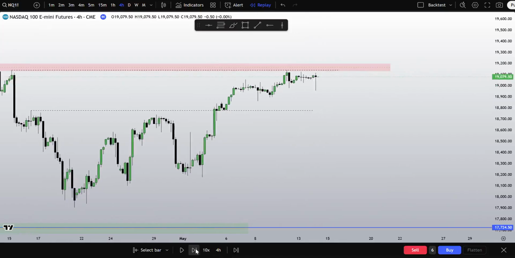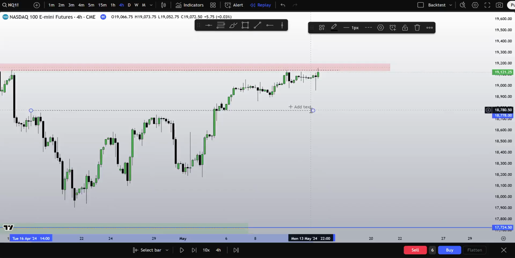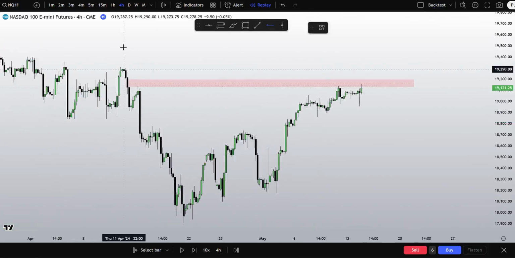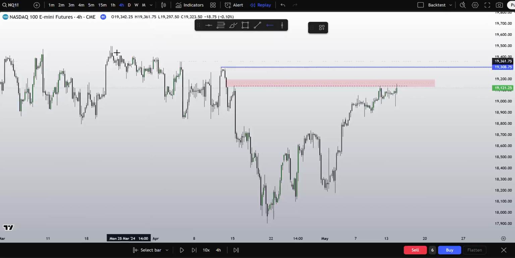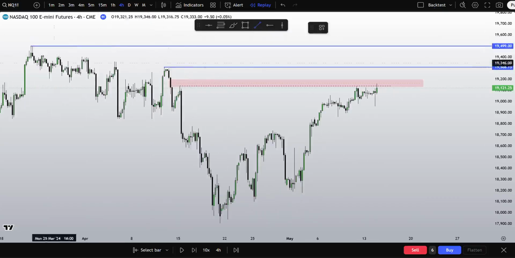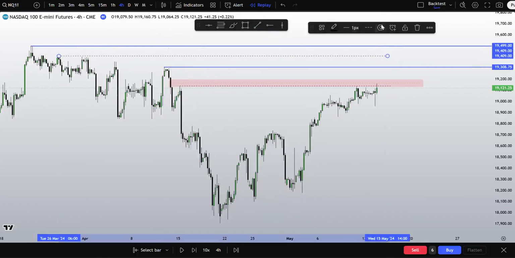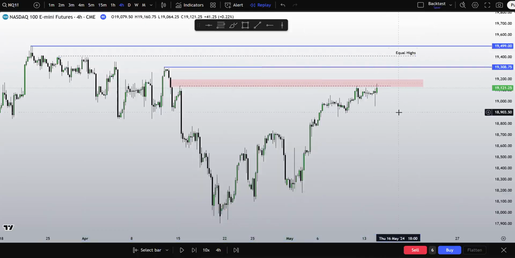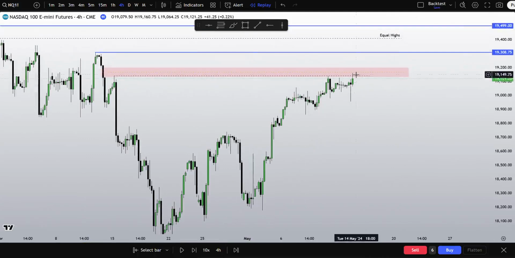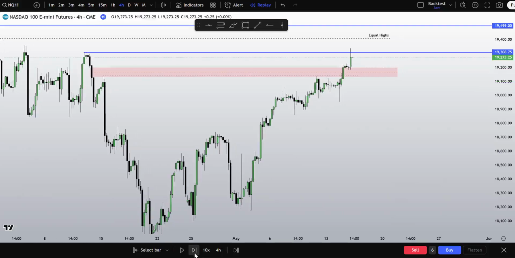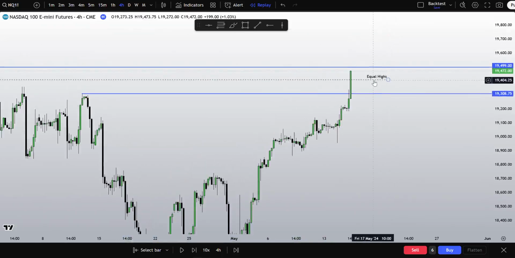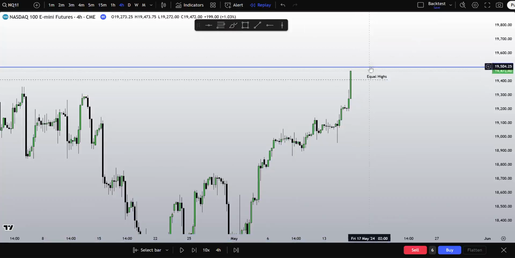The draw remains. And there you go. High gets tapped into. As expected, that was what would likely happen. Again, I'm going to mark this high right here. We have what appears to be equal highs right here. So we still have quite a few levels here where you see buy stops potentially located. Should we disrespect this PD array, I'd like to see this high get tapped into. Disrespect that PD array, high gets tapped into. There we go. Now you see the convincing move higher. Equal highs taken. Great. We will definitely tap this high as well.